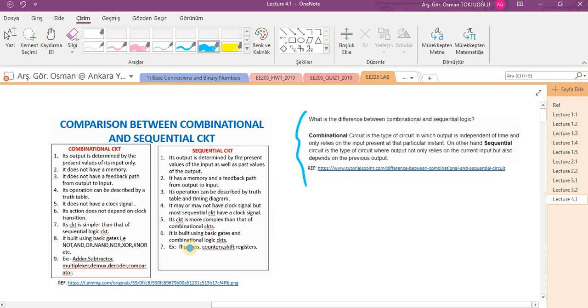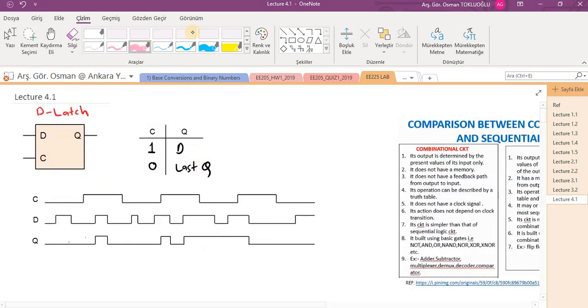Firstly, I will introduce you to the D-Latch circuit. This is the D-Latch. It's so simple. As you can see here, when the clock C input is 1, the input D is directed to the output Q, so output Q is D. But if C is 0, Q does not change, whether D changes here, and Q is equal to last Q,